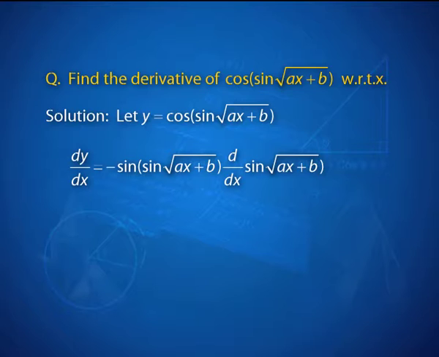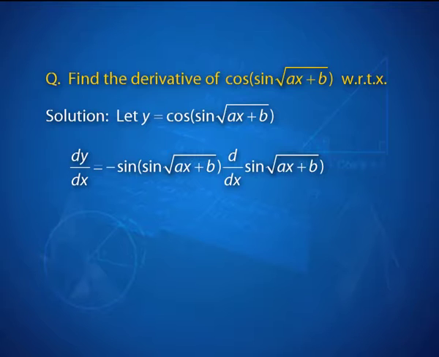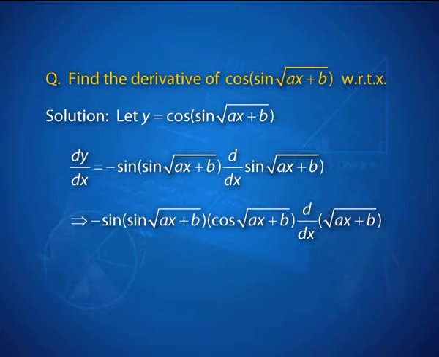So, if you keep the reference of u as we did earlier, if sine of root of ax plus b was u, then you would have multiplied with the derivative of u with respect to x. So, we are going to cut short, we are not going to bring u and v in this method. Now, what is the next layer? Sine function. So, we differentiate the sine function with respect to root of ax plus b and we get